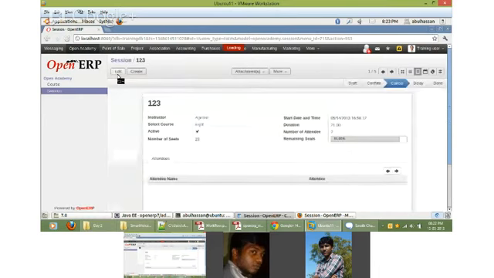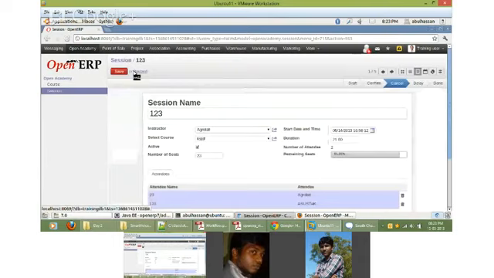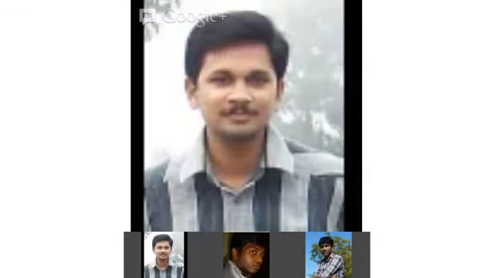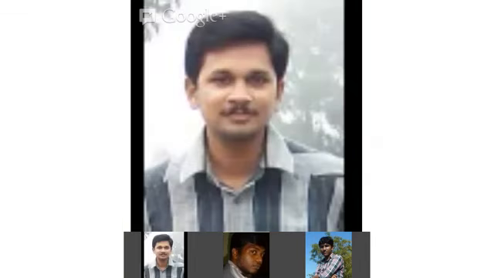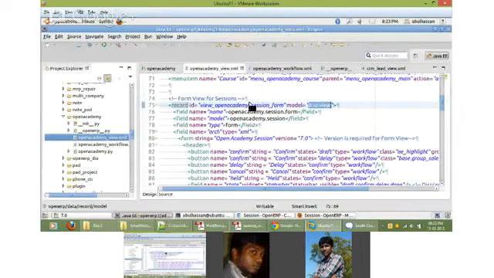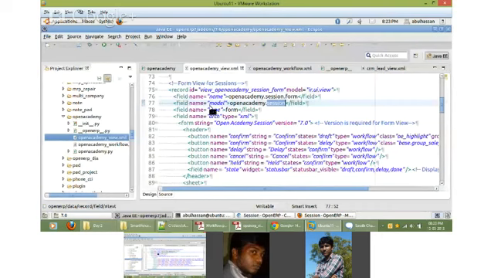Okay, so to generate this type of view, we have already seen the tree view, right? We all know that name has to be given, then unique ID has to be given, and the model is ir.ui.view. Inside that you have to give the model for which you are generating this view.